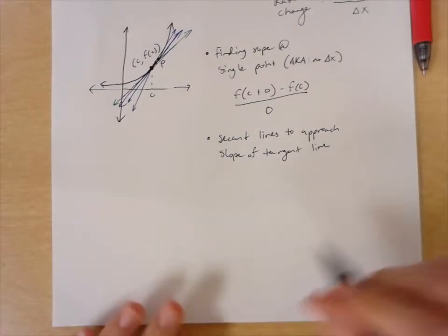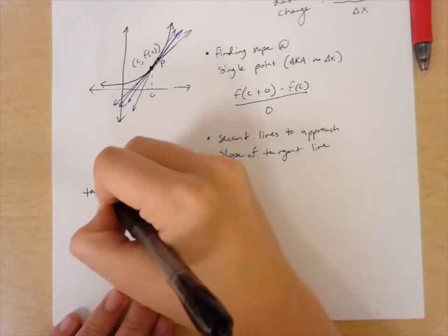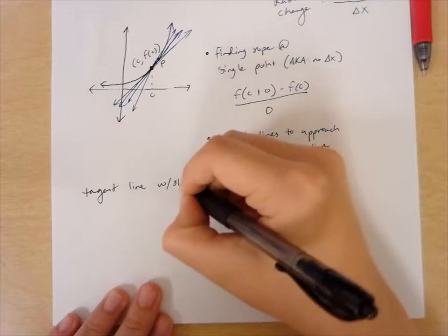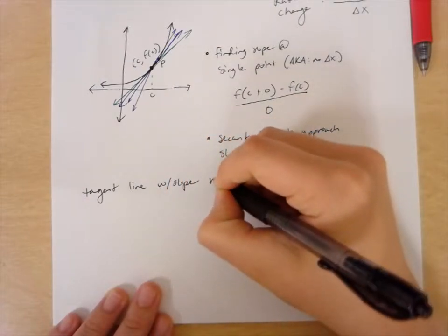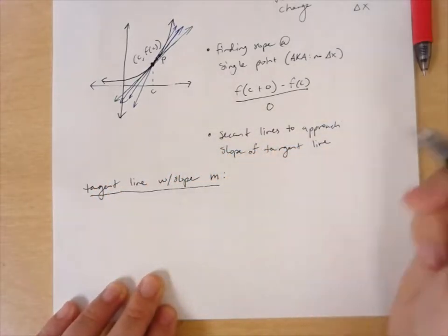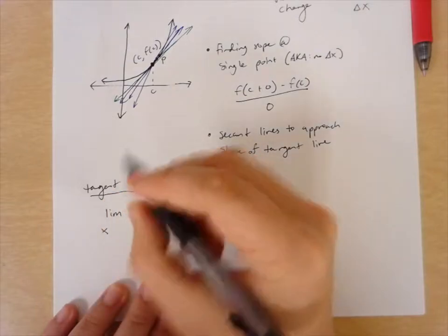And that is why we can define the tangent line with a slope of m as this. The limit as x approaches,